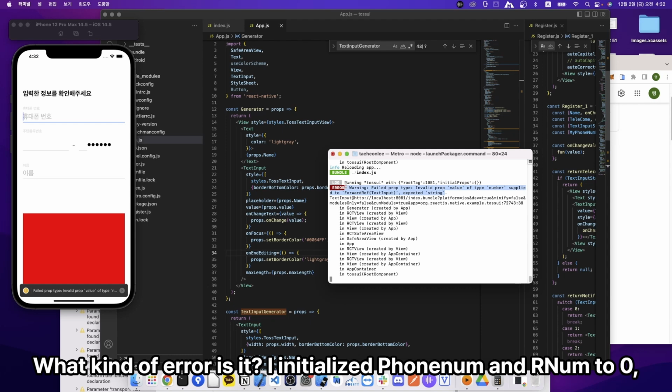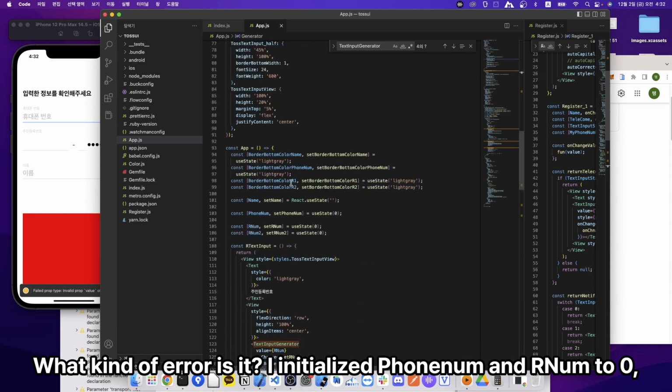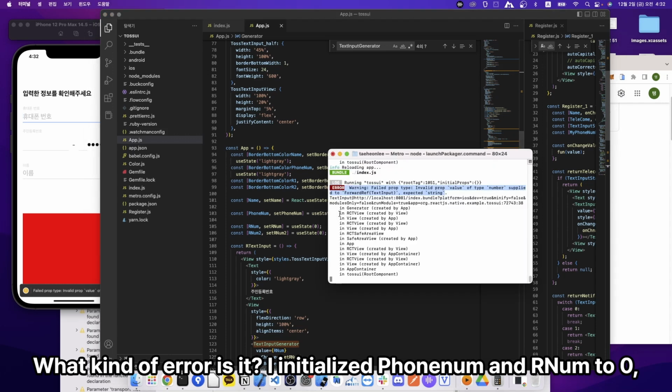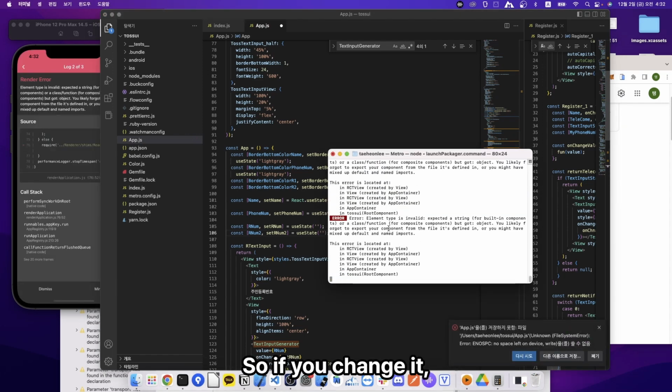What kind of error is it? I initialized phonenum and RNUM to 0. But when you input it as text, the return values are all strings, which is why this error occurs. So if you change it,